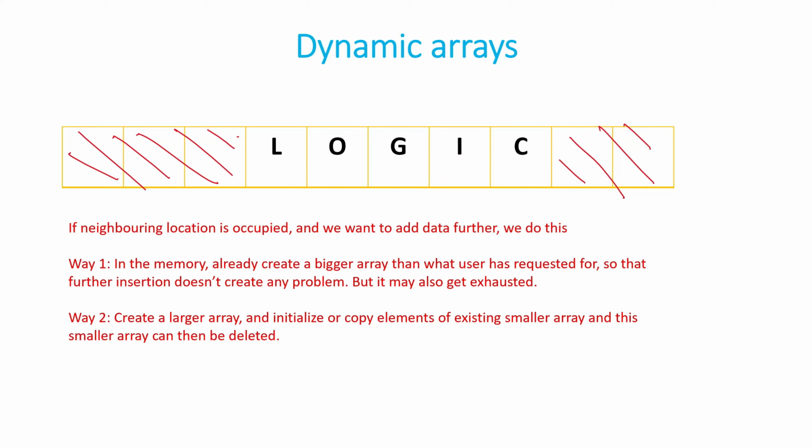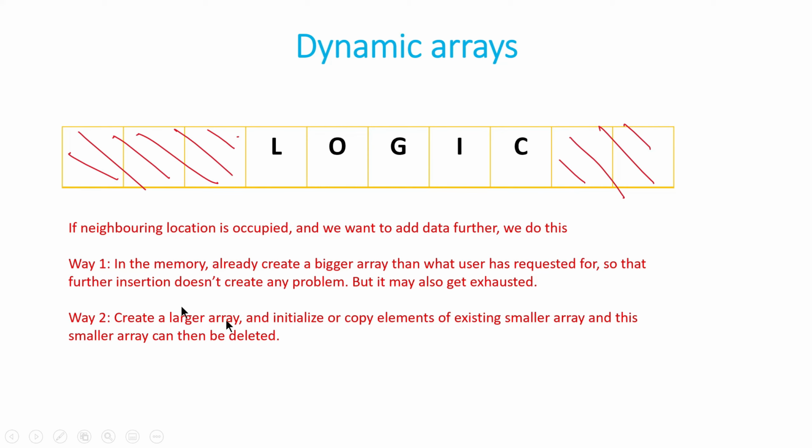Next, one more thing that you should know is about dynamic arrays. I created one array and stored Logic in it. Every character is going to take 2 bytes. Sequentially, you have created a compact array. Now, what if I need to add data further? I want to insert more elements, and in memory, if you can see, both sides are occupied by something else. So you cannot use this space, but we want to add data further.